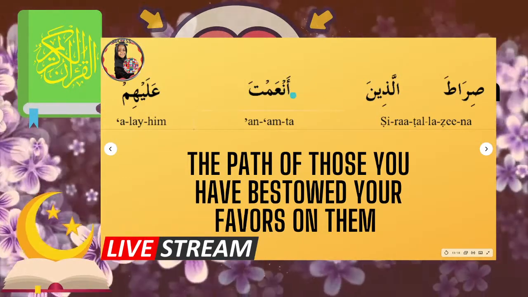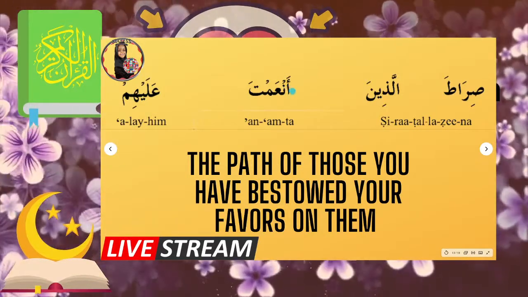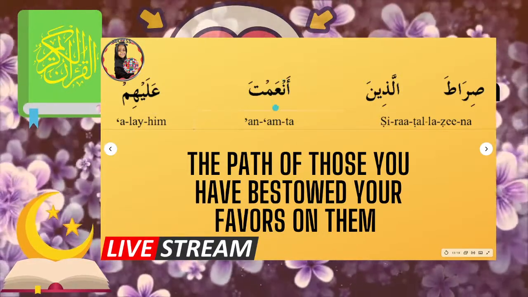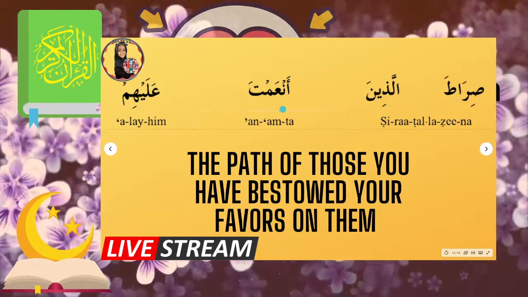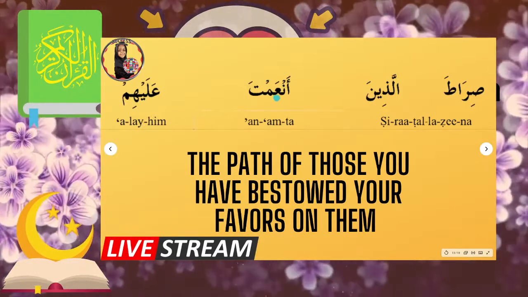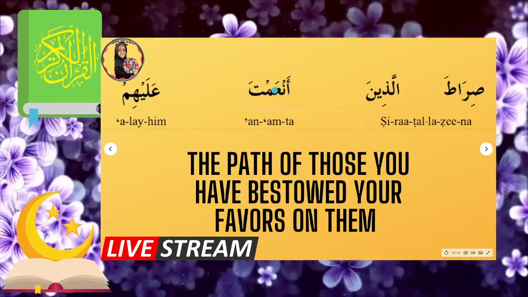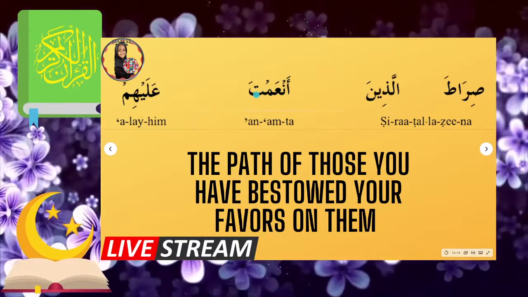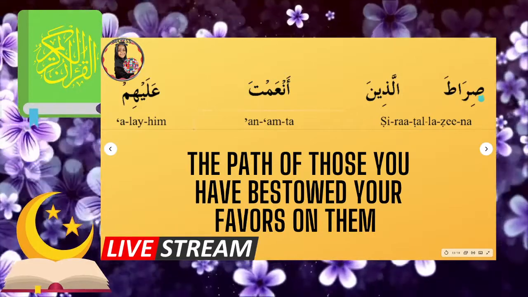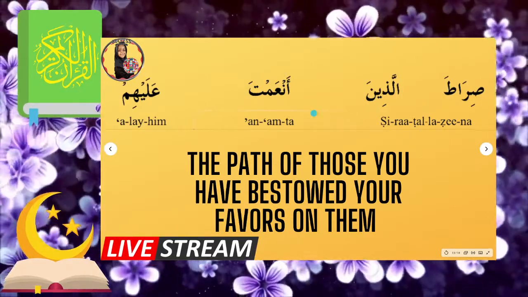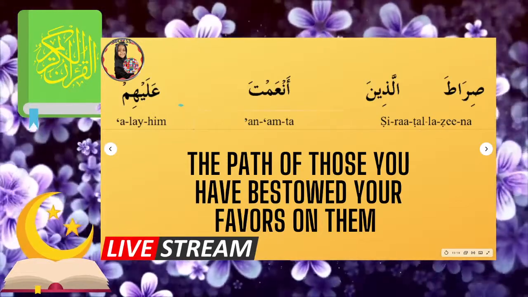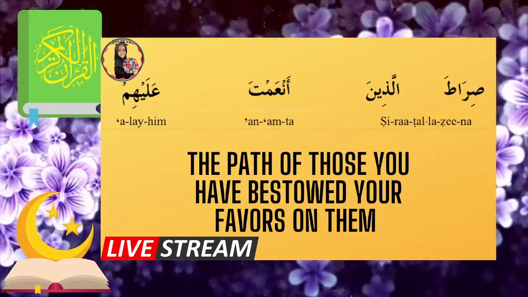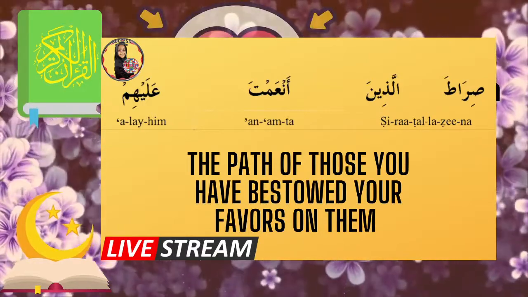Now right here there is alif fatha, siratal ladhina. And then nun sukun, which means siratal ladhina an. And right here there is also ayn fatha, and then mim sukun, and then ta fatha, which means it is siratal ladhina an'amta. And it's an'amta instead of ana'amta. And then right here there's ayn fatha, siratal ladhina